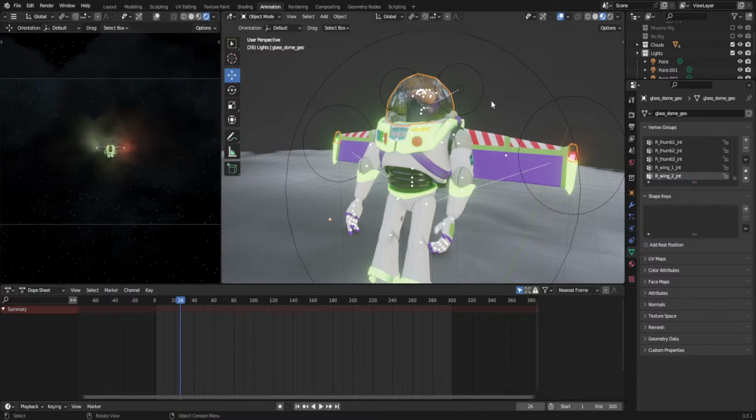But the problem is, this means I lose the old bones, which are the bones that come with this model,